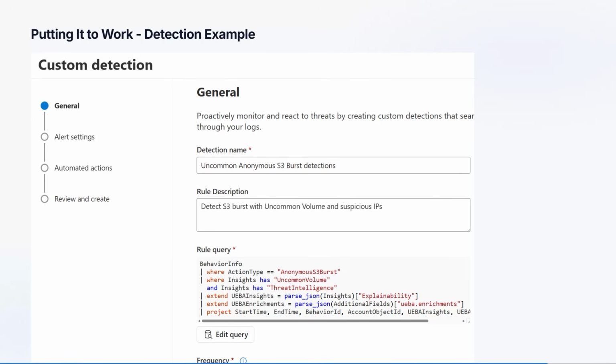And we add two more filters on the insights. The first of them is uncommon value. This indicates that we have significant traffic from this behavior. And another filter is on the threat intelligence, to provide only behaviors that are linked with TI data. And we can also add projections of fields that could be useful as part of the detection, as we do here in this example.